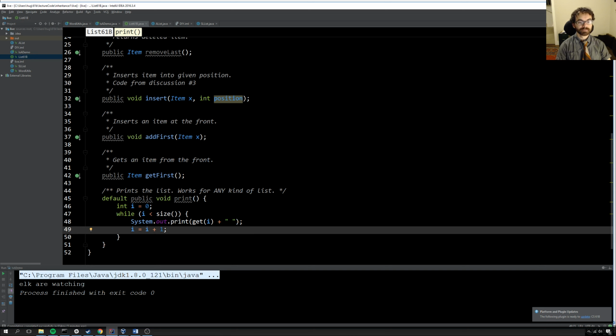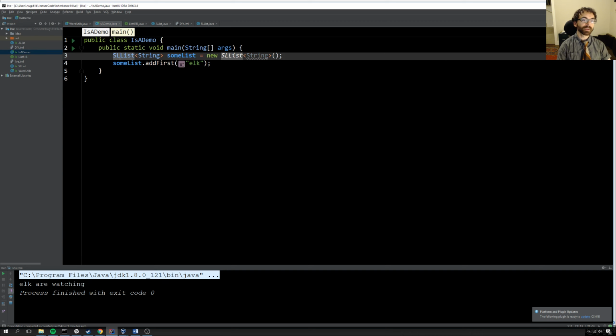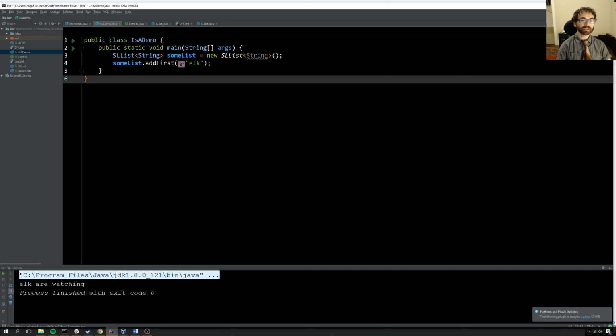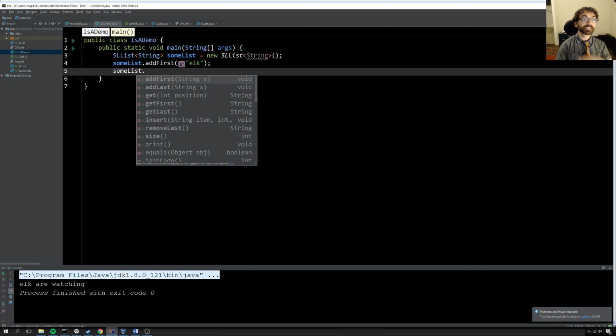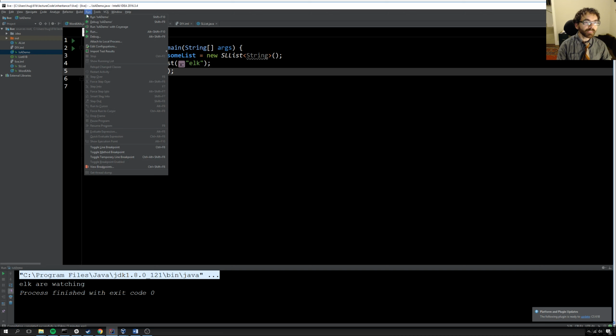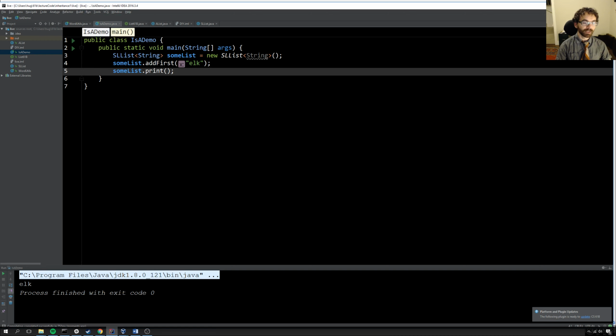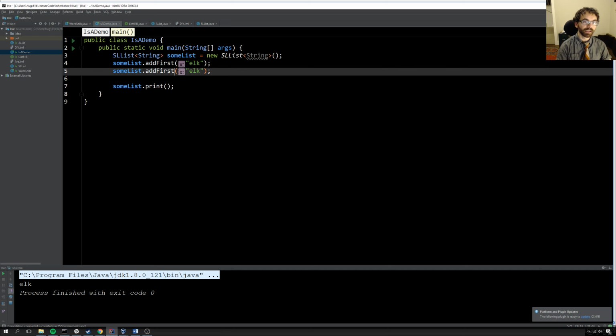Okay, so simple enough. How do we actually use this method? Well, we can just go back to IsADemo. And here we have some list equals new SLList. And because SLList implements List61B, that print method will appear in the list. There it is, print. Because that's part of what being a list is all about. So you implemented it for free. In this case, if I run my code, I'll get back elk. If I actually want to see it do something interesting, we can do addLast